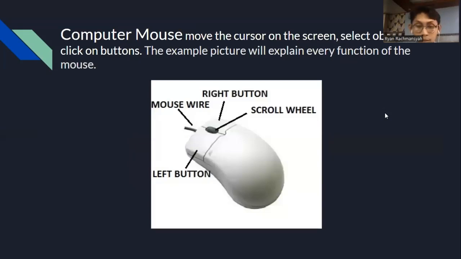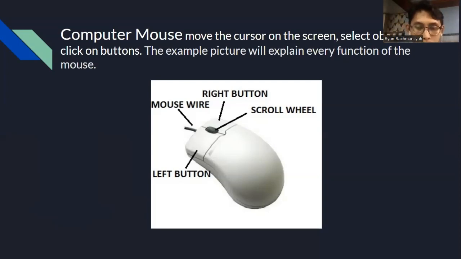And then next, function of mouse. The function of the mouse may be different from the keyboard, which runs by pressing certain keys, like I said, Control Z, Control C, Control V. That's for keyboard function.